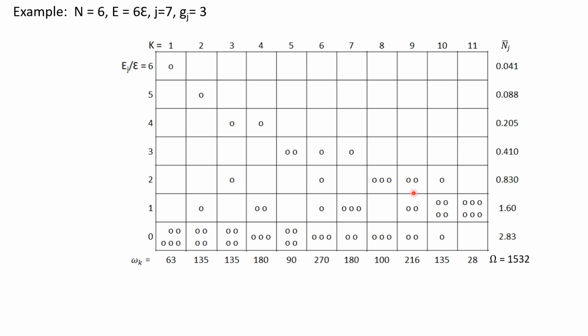Similarly, 2 particles in energy level 2 and 2 particles in energy level 3 give 6 units of energy, so we put the rest of the 2 particles in the 0 energy level. One particle in energy level 2 and 4 particles in energy level 1 give 6 units of energy, so we put the final one particle in the zero energy level. Similarly, if we put all the 6 particles in energy level 1, it gives rise to 6 units of energy, so we put no particle in the zero energy state or in the upper energy states, and the total energy of these 6 particles in energy level 1 is 6.